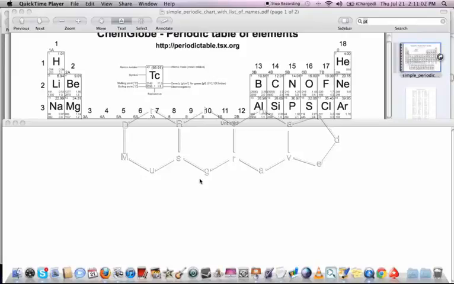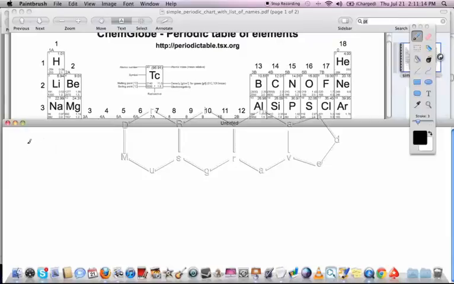I'd like to now show you how to draw these energy level diagrams. We're talking about atomic energy level diagrams, and these will be based upon the electron configurations that we've been talking about. So let's look at nitrogen first. And nitrogen has the